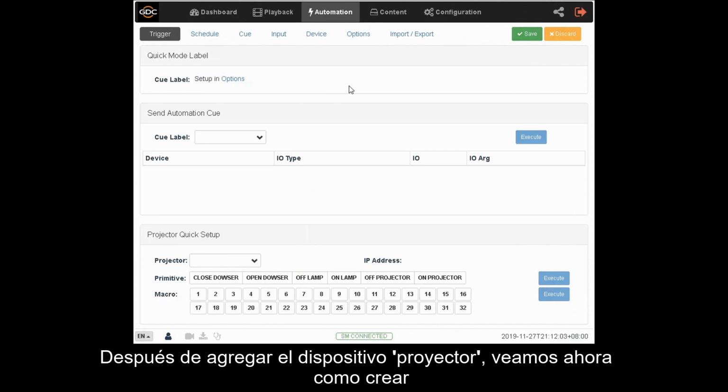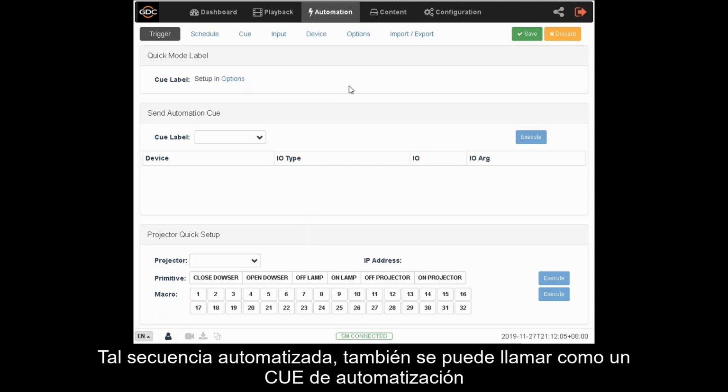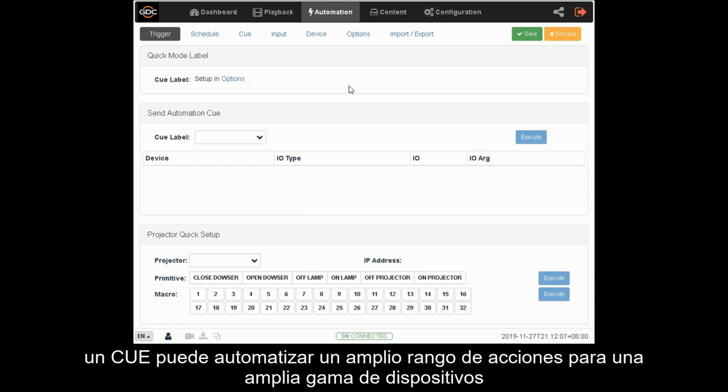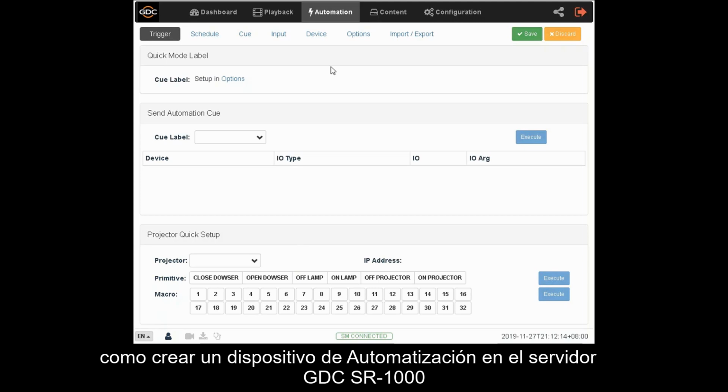After adding the projector device, let us now look at how to build an automated sequence to control the device we have created. Such an automated sequence can also be called an automation queue. A queue can automate a wide range of actions for a wide range of devices. Prior to creating automation queues, it is recommended that you watch the tutorial for creating an automation device on the